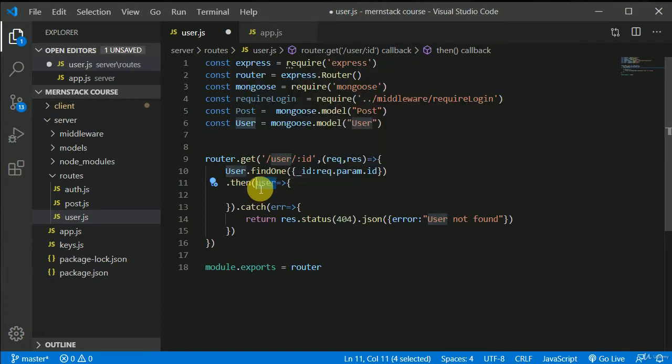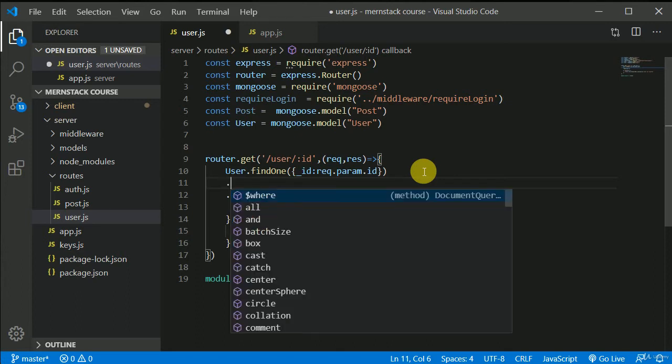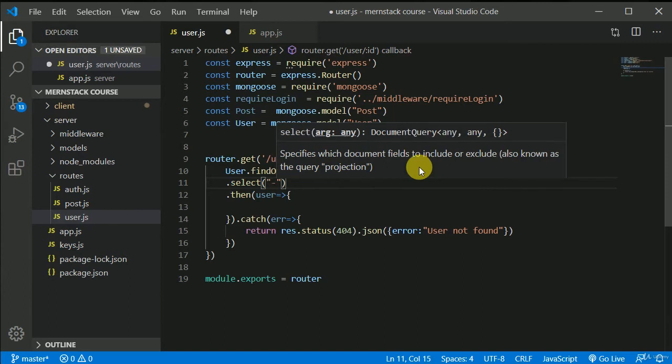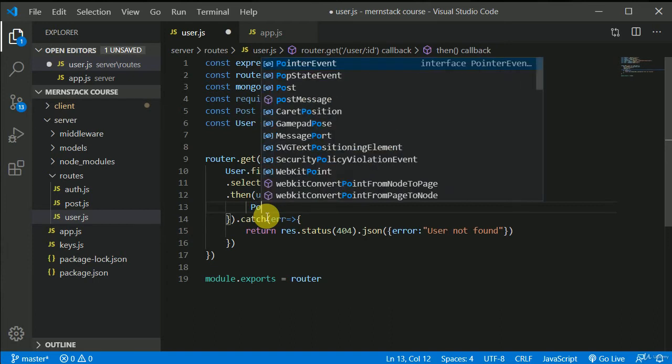Okay, now if we got the user, now we have the details of the user like ID, email, password and all those good stuff. From that I don't want the password, right? I don't want to send the password to the front end. So here I can write select, and in this select I can write minus password. So I want all the fields, but I don't want the password. Okay, yeah. So if we got the user, then we will make another query,